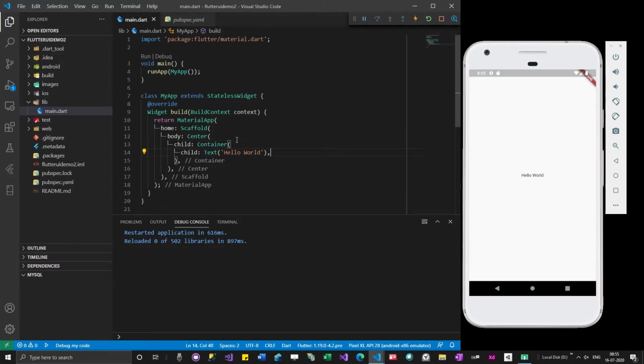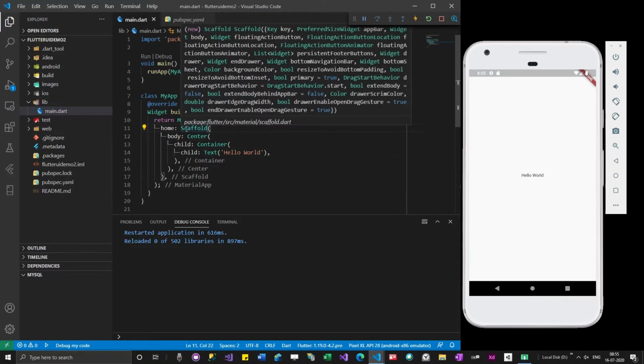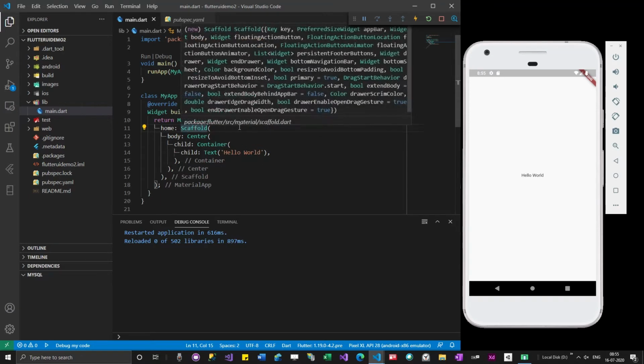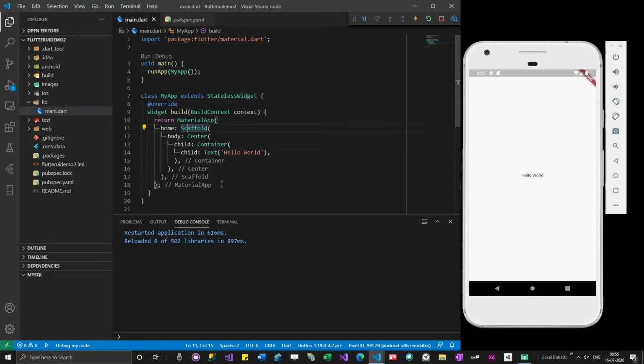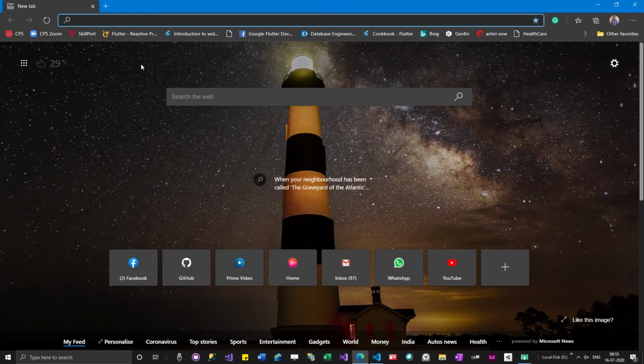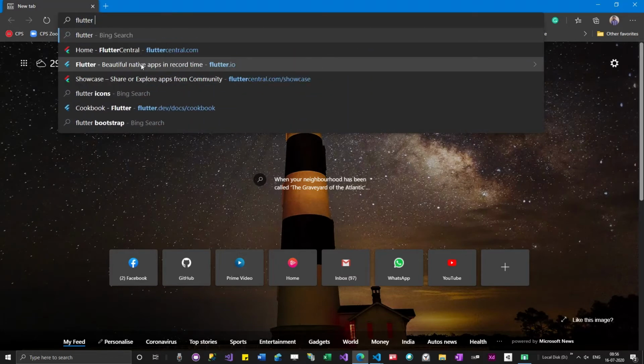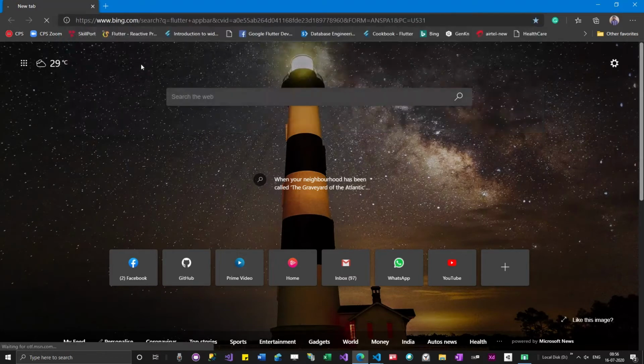Okay, so now we need to add app bar to scaffold. And guys, if you're not able to realize where you need to add app bar, what you can do is just go to Google. This is how you search in Google. You already know how to search in Google for sure, but for Flutter, how are we going to search? You might be thinking I can search like this, Flutter app bar. It will give lots of stuff.